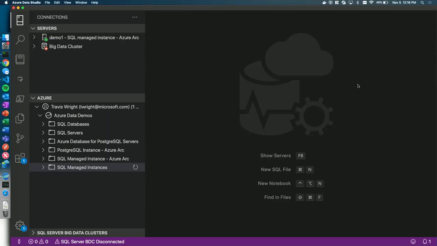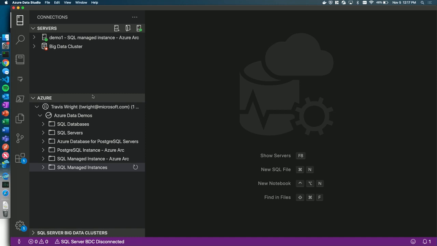Okay, so here I am in Azure Data Studio. This is our cross-platform tool, Mac, Windows, and Linux, open source, based on Visual Studio Code, and it's extensible. There are first and third-party extensions out there in the marketplace. And it's designed for all types of data professionals: DBAs, data engineers, data scientists. It's designed for multiple database engines, Postgres, SQL, MySQL, cloud services, all in one tool.